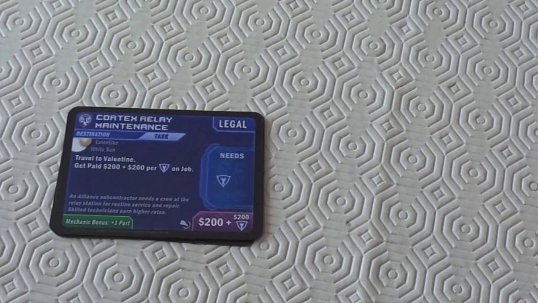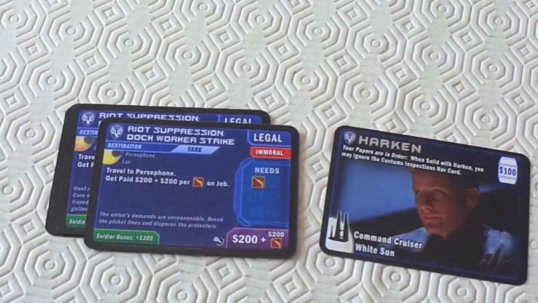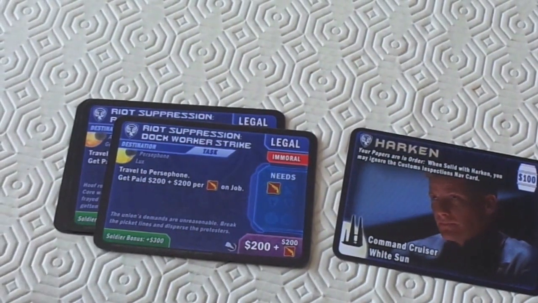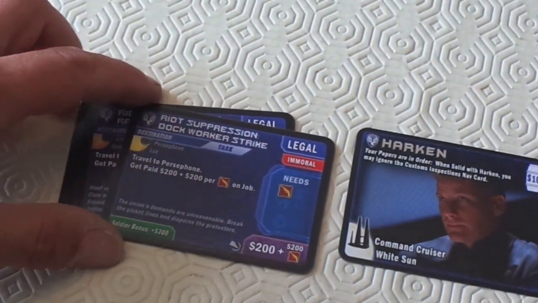Harken has some really nice easy missions which don't give you much of a payout, but they're all legal, which is the main thing, which is a good way to start the game whenever you're playing. It's nice to do a nice easy mission. This is legal but immoral, so your crew will become disgruntled. All you got to do is travel to Persephone,